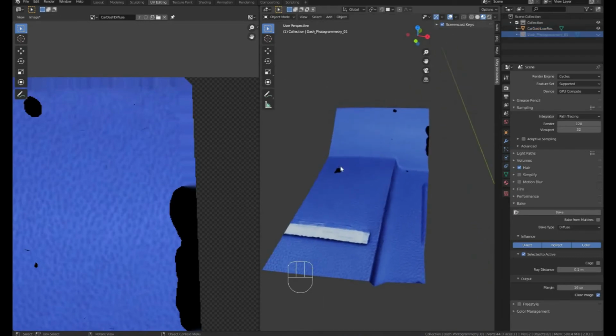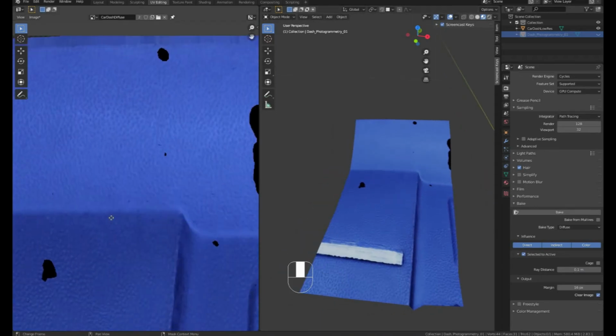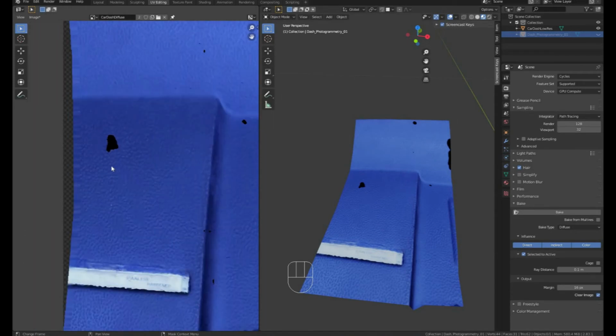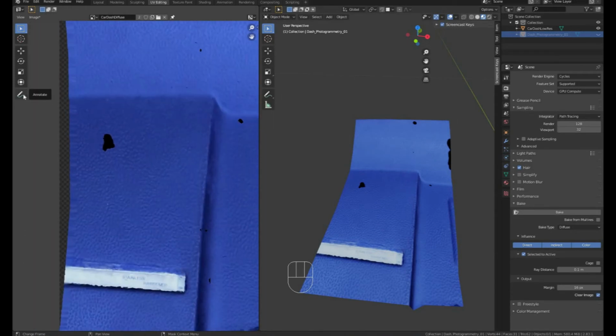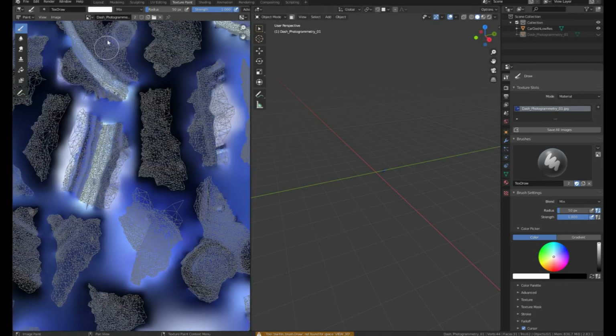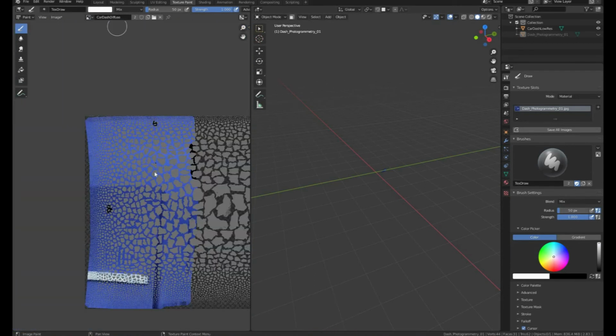Clearly there's some black gaps still where the texture hasn't baked across. We could just continue to nudge that ray distance. For the purposes of this video though, what we're going to do is a bit of quick editing on the texture on the side. This can be done in either Photoshop or Blender. So if we were to go to our texture paint window, that's obviously the larger photogrammetry texture that we had before. If we go back to car-diffuse,